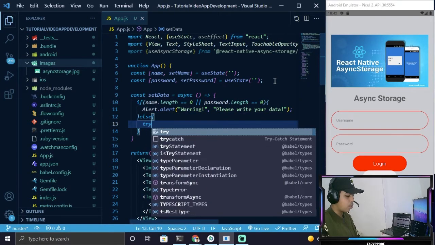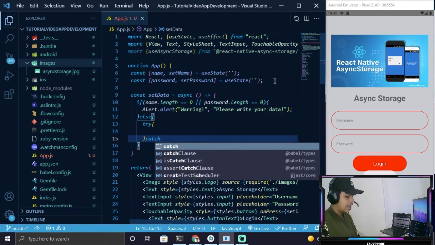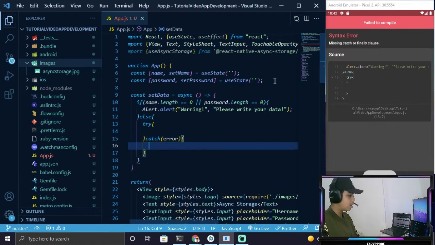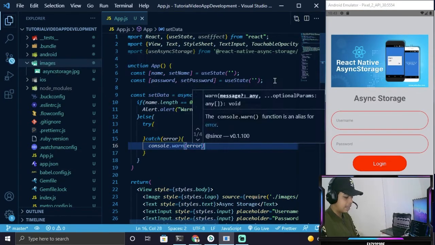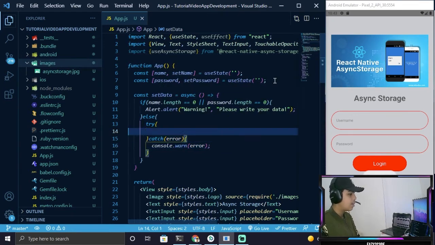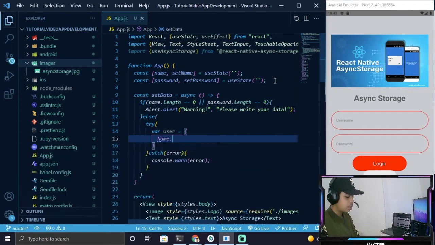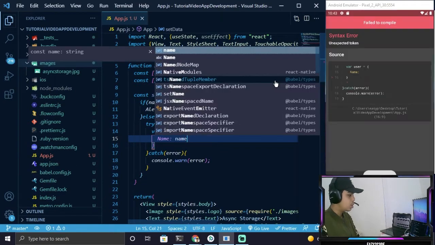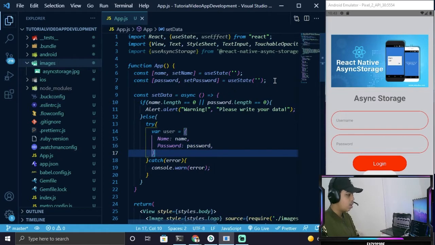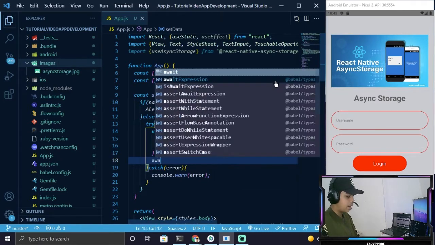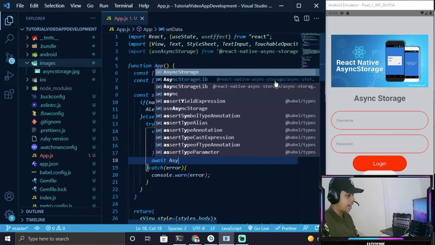In this else command, we are going to be using the try and catch. Catch is going to be having an error that we are just going to console log. So console.log, in which we are just going to display that specific error that we are going to get. If there's no error, we are just going to run this try command. In this try, I'm just going to create a variable of user that's going to be an object, in which we are just going to be having a name as a string, and we're just going to store the user's name. Same thing we are just going to do with password. Alright, and after that we will end it with a semicolon